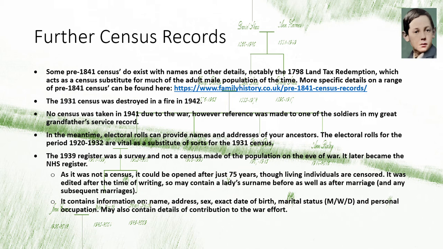if you're missing out. As a sort of substitute for the 1941 census, there was the 1939 register. It was a survey, not a census, and it was made of the population on the eve of the Second World War. It later became the NHS register. As it was not a census, it could be opened after just 75 years, though living individuals are censored. It was edited after the time of writing, so it may contain a lady's surname before as well as after